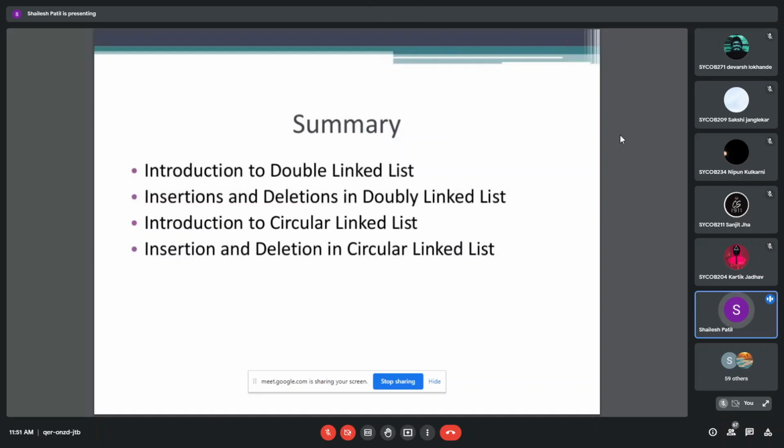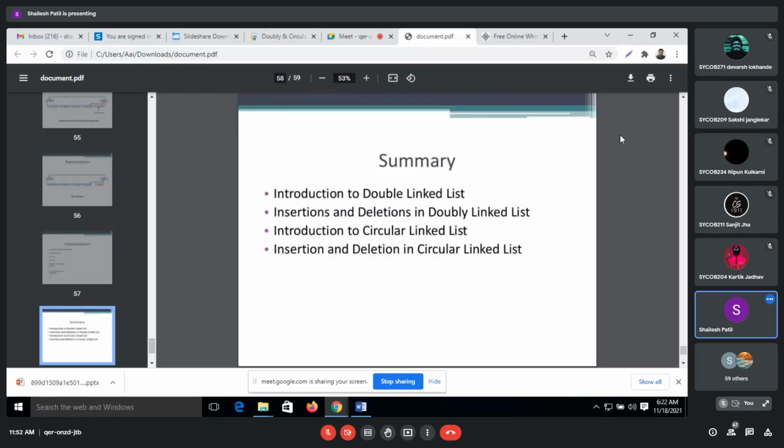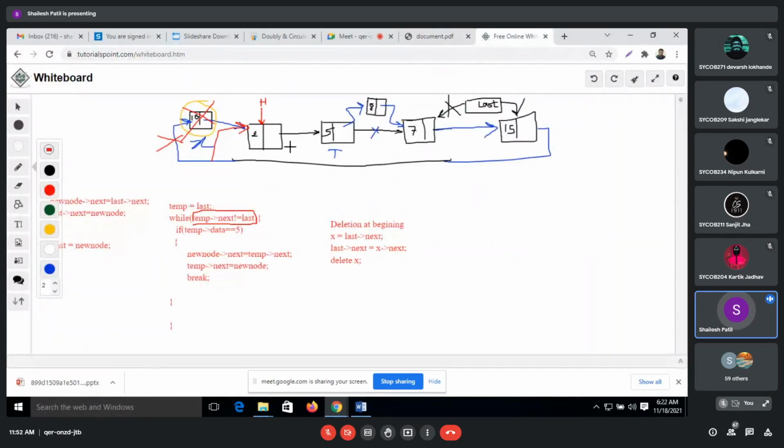For reverse, again we have to follow the singly linked list terminology. In a singly linked list we did this. Likewise, if I have to reverse this, I just have to make this the previous node, like we have done in the singly linked list.